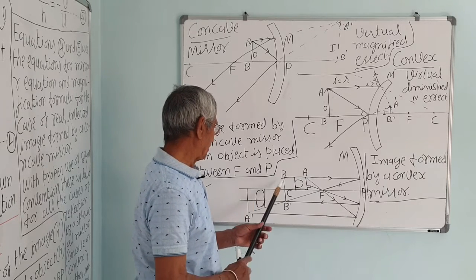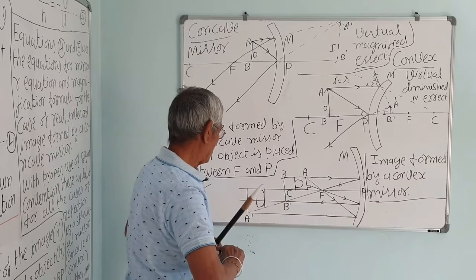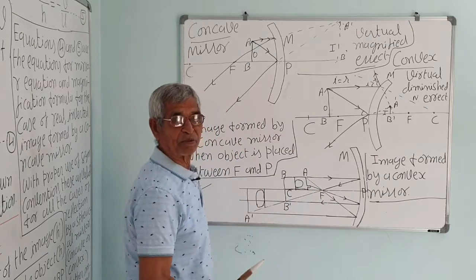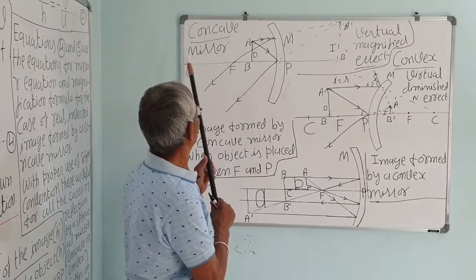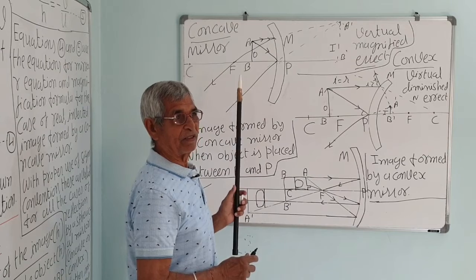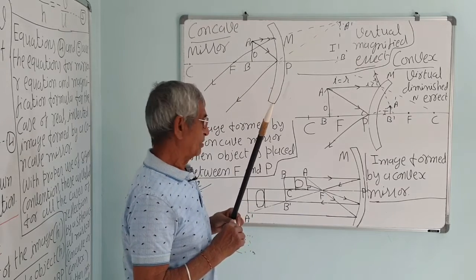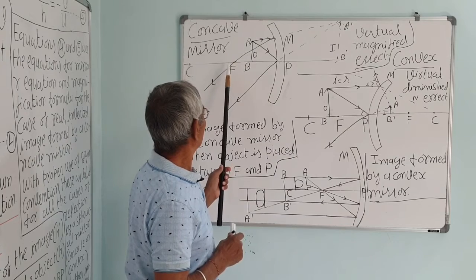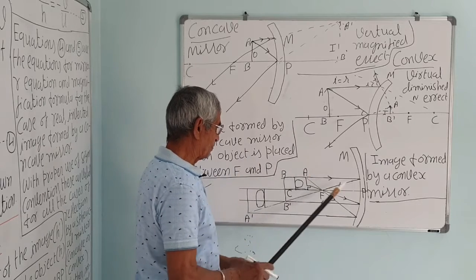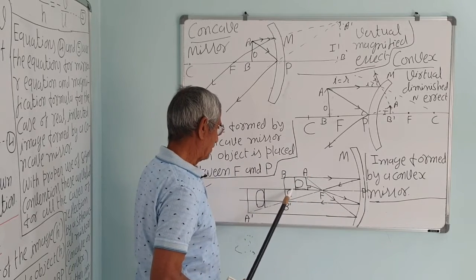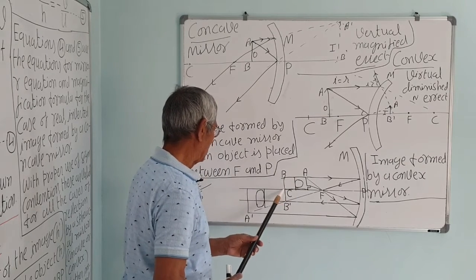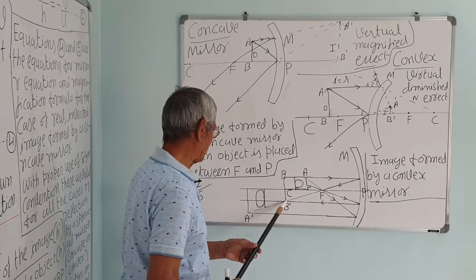If the object is at C, then the size will be the same, but if the object moves between the C and F, the image will be bigger. As I told you earlier, in the case of the concave mirror, if the object is at infinity, the image will be at F. So if it is brought nearer, then it will go bigger and bigger, correct, up to the F, and then after it will give the virtual image. So here it is a real one, because it is not between the P and the F, it is between the C and the F. So this portion BC, or you can say B dash, this line is at the C. So the image of this will be of the same size.